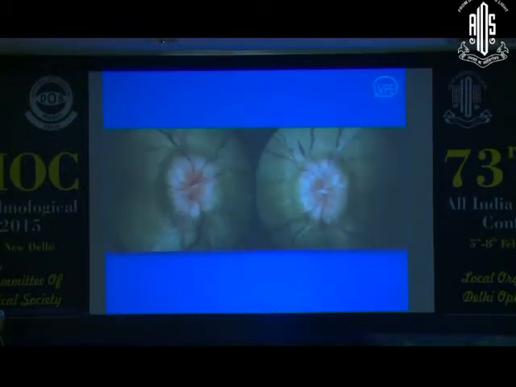This was a 42-year-old homemaker who had a history of repeated headaches, usually in the mornings, and her vision was 6 by 6 in both the eyes. But if we see the disc, there is gross optic disc edema. The margins are blurred. The neuroretinal rim looks hyperemic, but the margins are blurred. The nerve fiber layer is slightly opaque. Not only this, if you start tracing the vessels, we may see the large vessels, but the intermediate or small vessels we cannot trace through the margin of the disc. And in addition, you have a hemorrhage here. So if you don't put the template, you may miss these subtle signs. All these are signs of true optic disc edema.